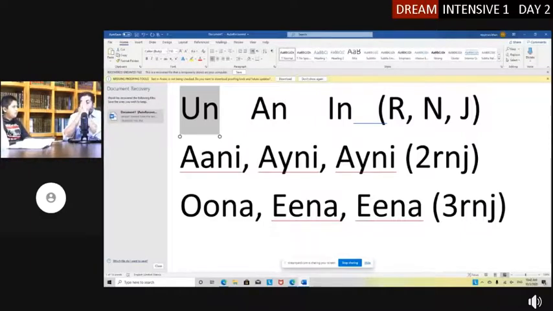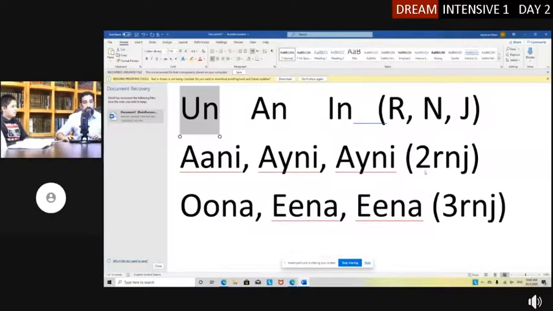Ahmed, try this one. Qad aflaha al-mu'minun. So it would be two rafa or jar. What endings do you find in the two line? Ani, aini, and aini. Now the word I said is al-mu'minuna. Do you see that matched here in row number 2? Oh no, it would be three rafa or jar, or nasab.